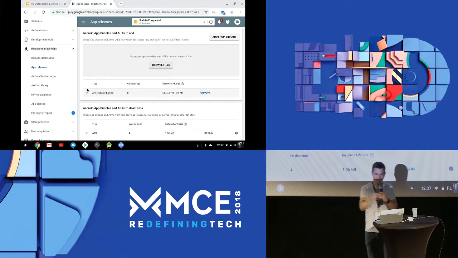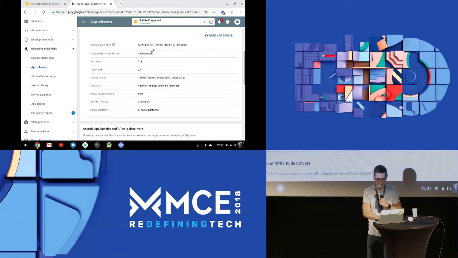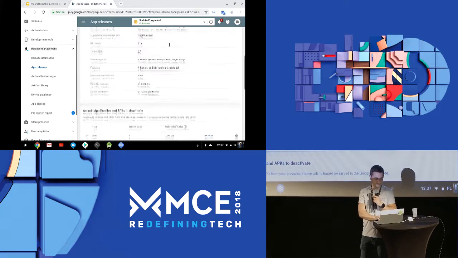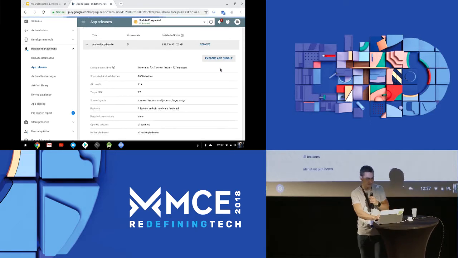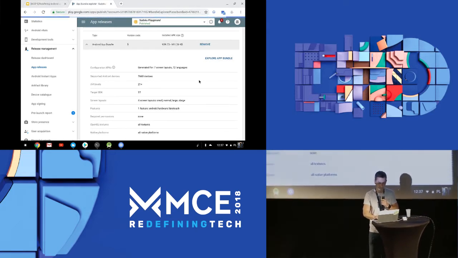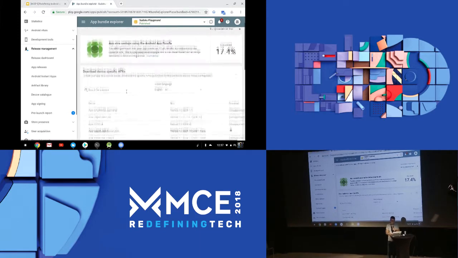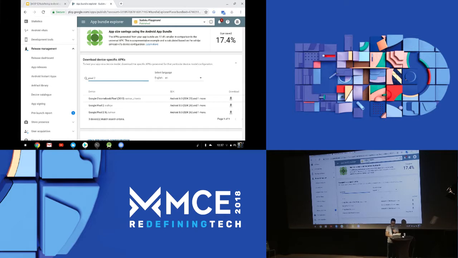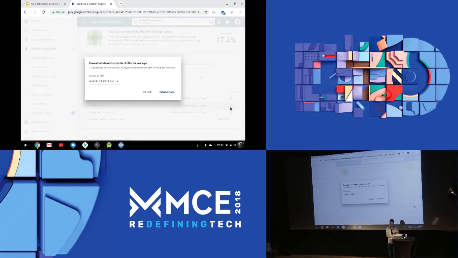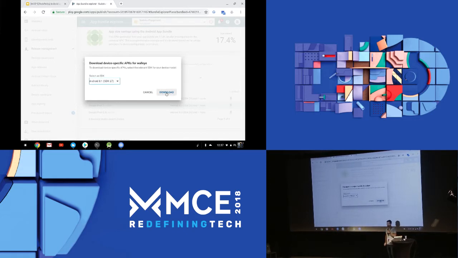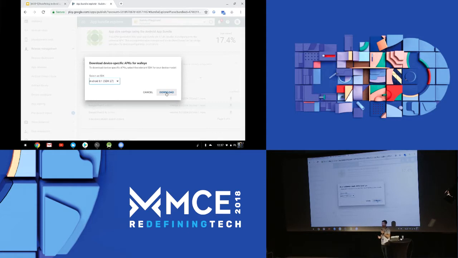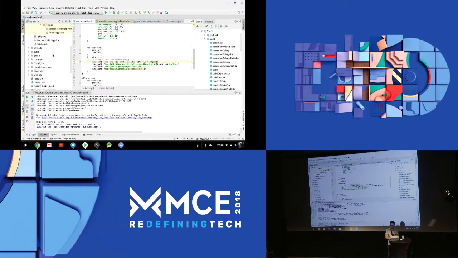So right after I uploaded my bundle here, after I finished browsing my files and uploading it, now I have information about the splits, the configuration splits that will be generated from that APK. And moreover, I can go into the Bundle Explorer on the Play Store and I can inspect all the configurations here and even download device-specific APKs. So if I go and, let's say, pick my Pixel 2, I can download an SDK 8.1, and I can actually, before even publishing my app, if you want to verify that everything is okay, if you want to have those APKs signed by the Play key locally, you can download them from here, which is what I did, and I transferred it to my Android Studio here,